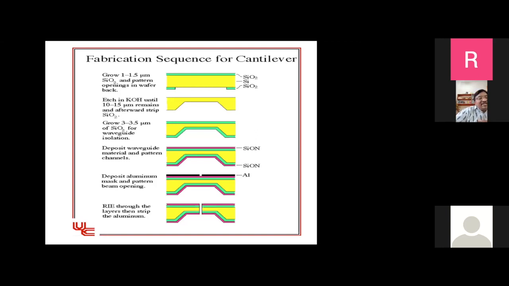In order to fabricate this device, what do we need? Look at the first step. You start with a silicon wafer with both sides oxide coated. Nowadays you get oxide coated silicon wafers commercially also. You can etch out a small region in the silicon on the bottom side. Many of the technologies, as you know in VLSI also, are bottom up. On the bottom side, you diffuse or implant or whatever you want to do, while the top side is held. At the bottom side, you etch out or do all the processes.